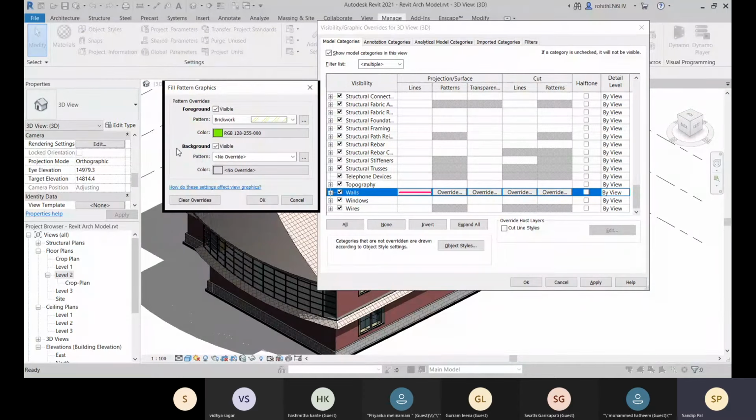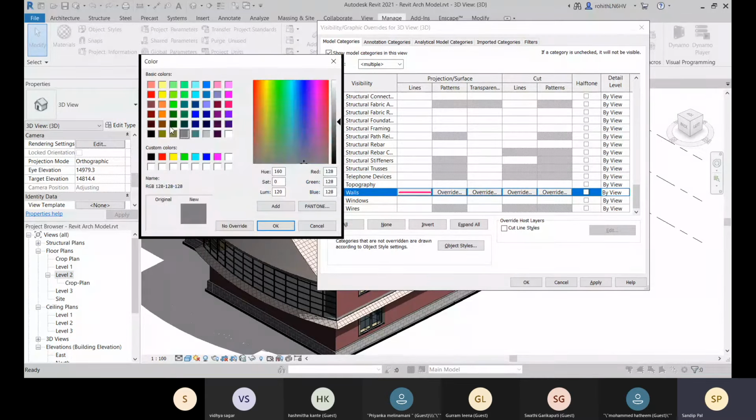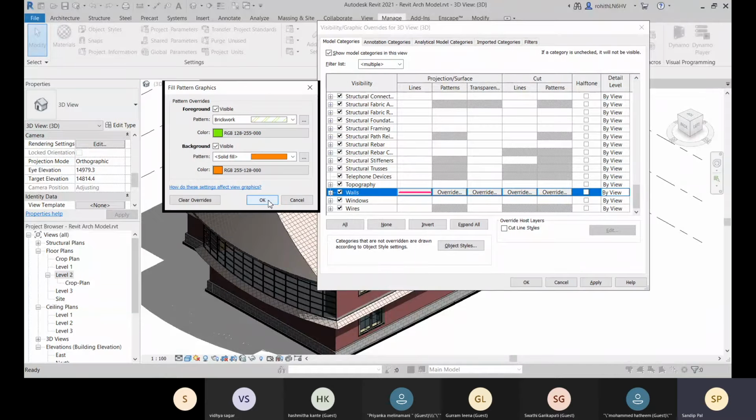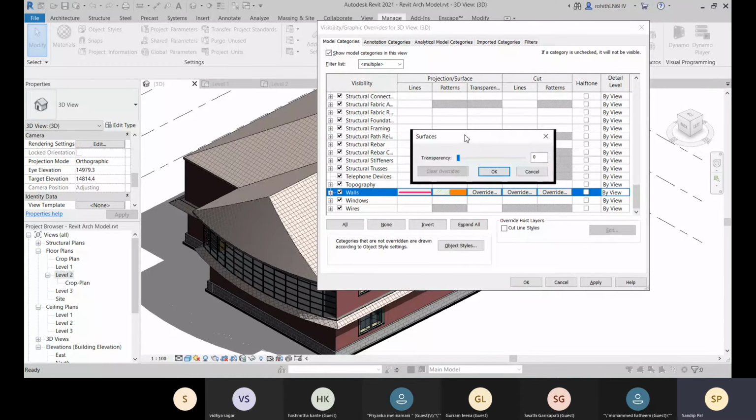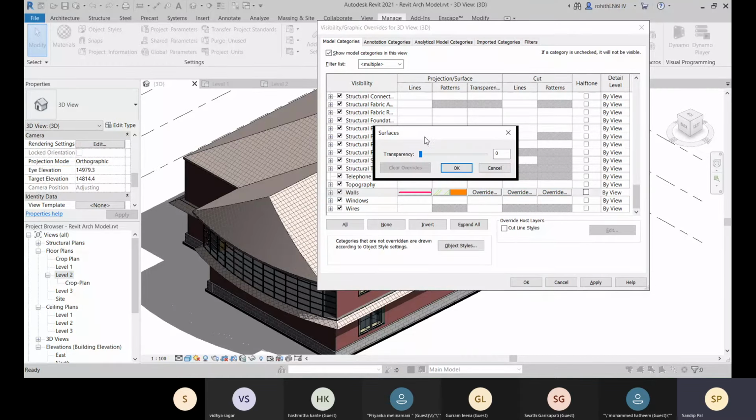Okay, and you can go for this pattern over here. Let's go for this solid green, and the color is like, let's go for this one and click on OK. Okay, and if you want to make it transparent, so we can go for that.